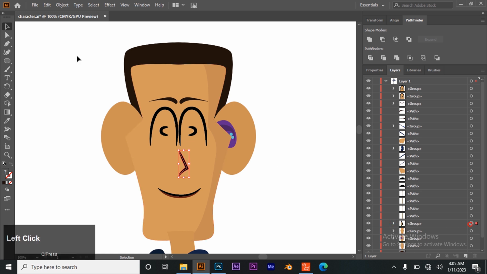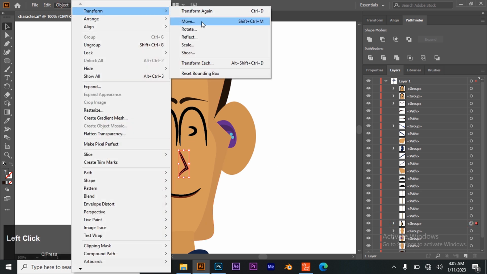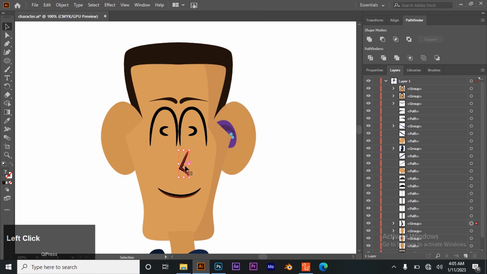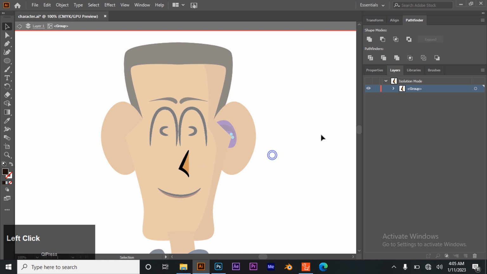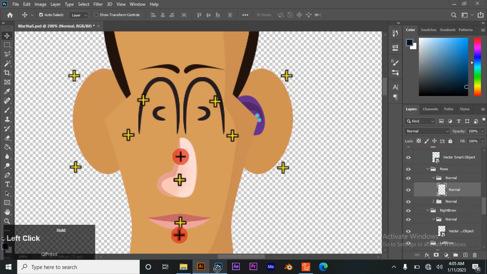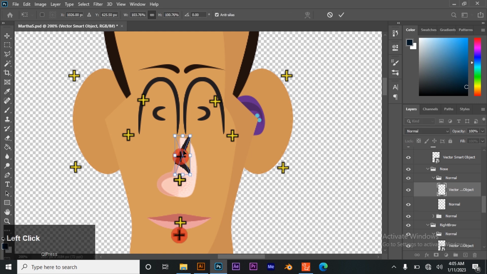I'm just going to use my object's transform, reflect vertical, then click on OK. It's not actually going to duplicate. So let's drag it in. And put it there,